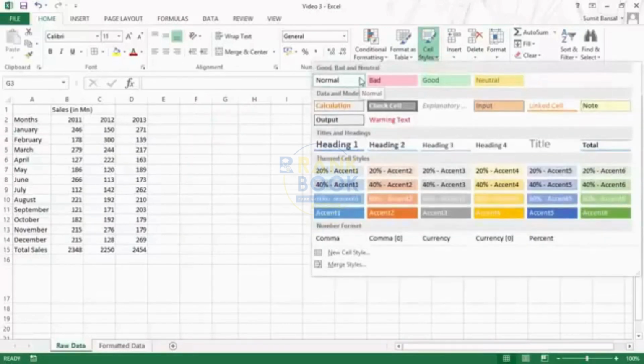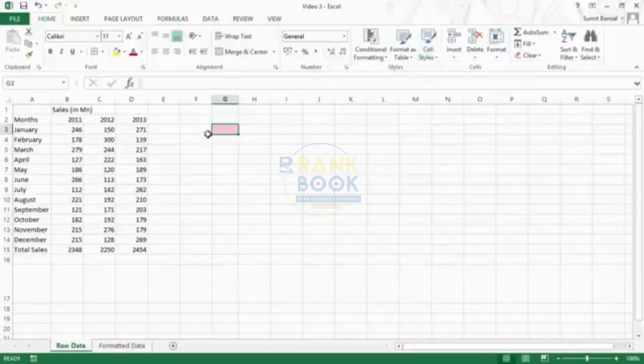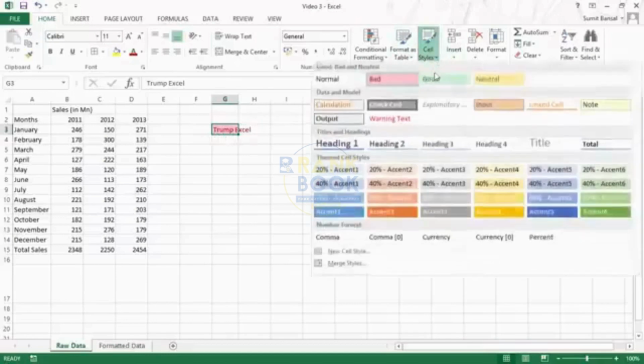Cell styles feature is a good option if you just want to apply a formatting to a cell or to a range of cells with a single click of button. So Excel already have some pre-populated styles. It has normal, it has bad, which would fill the cell with the red color, and if you have something here, so for example, let me write Trump Excel here, and you can see that the color, the font color here is red, because that is what this